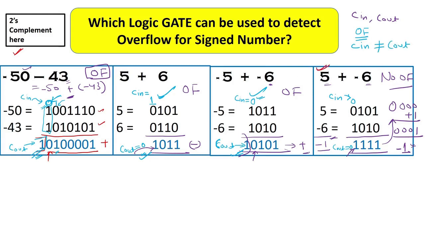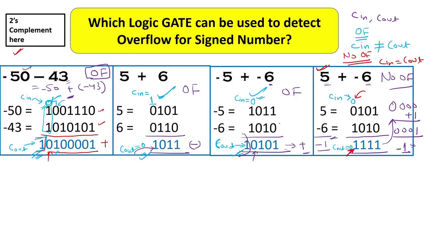On the other side, in the last fourth example, where we have no overflow, you can see the C in and C out bits are actually the same. So in case of no overflow, your C in will be equal to C out, right? This is actually the condition to detect the overflow with the help of hardware, or with the help of a gate. Let's say you have a gate and you are giving the C in and C out as the input to that gate, and with the help of those inputs you should generate some output which will help us detect the overflow.